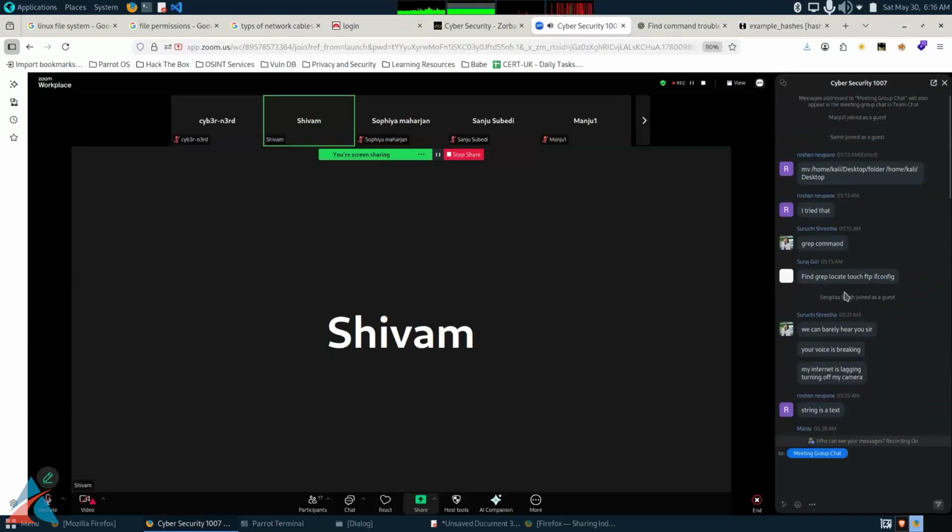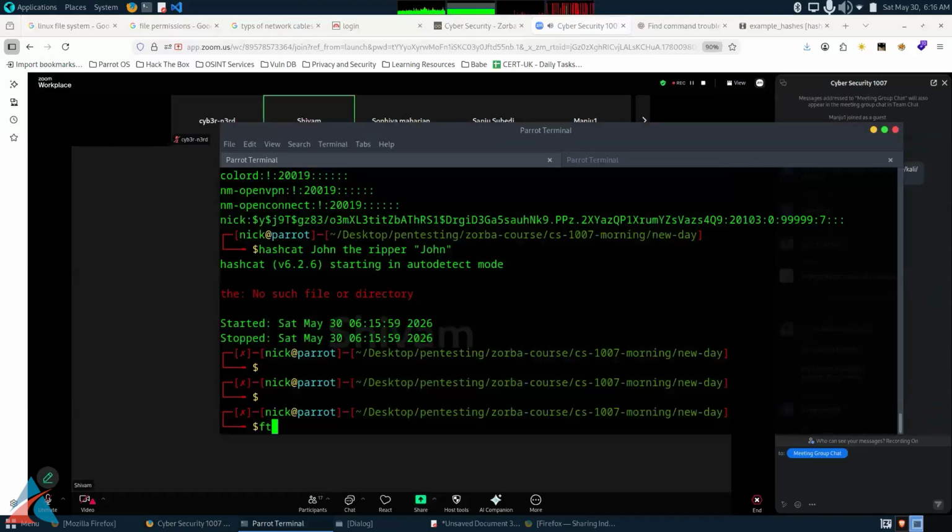Find, grep, search, FTP. Let's discuss FTP. FTP is basically File Transfer Protocol. So if we do nmap space any IP, like google.com or anything like that, and you find a port open, like port 21 is open, you use the FTP command, FTP space either the IP